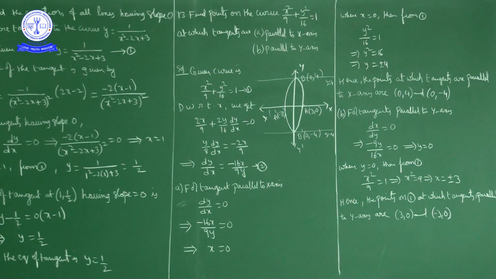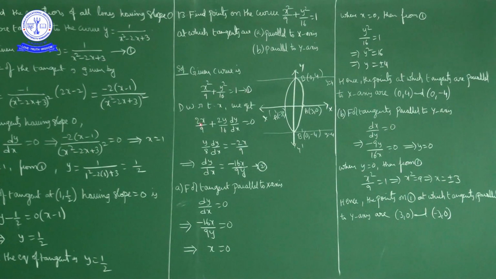Now, what is the given curve? x squared upon 9 plus y squared upon 16 is equal to 1. Now, slope of the tangent is nothing but dy by dx, no? First I will mark this one as 1. Now, differentiating with respect to x, find dy by dx. Now, x squared derivative is what? 2x. So, 2x by 9 plus y squared by 16 derivative, y squared derivative 2y, y derivative dy by dx. 2y by 16 into dy by dx is equal to constant derivative 0.